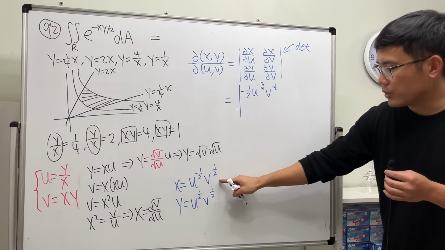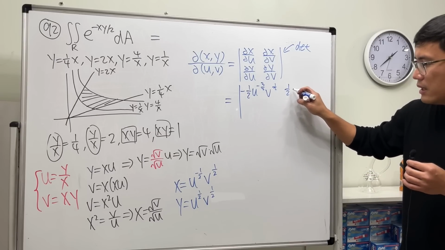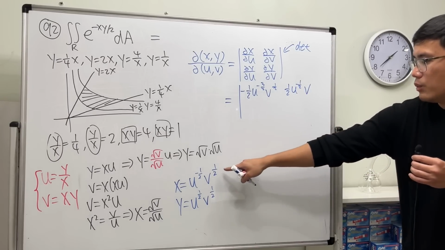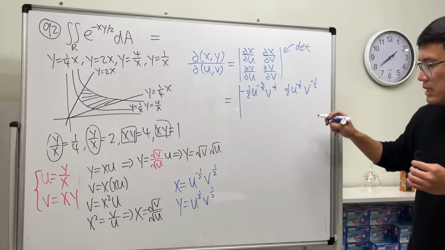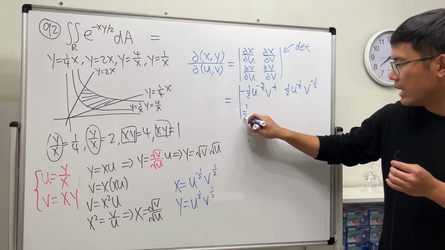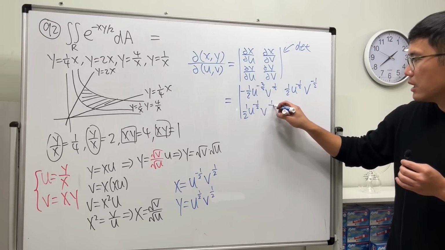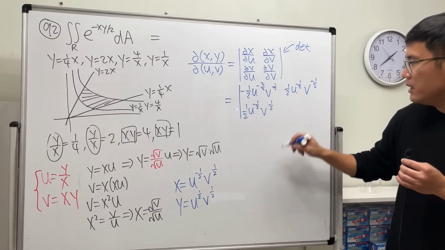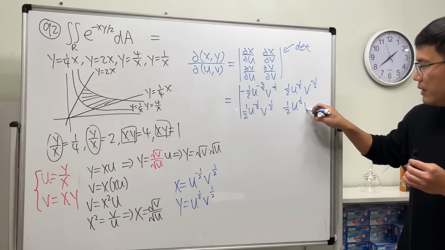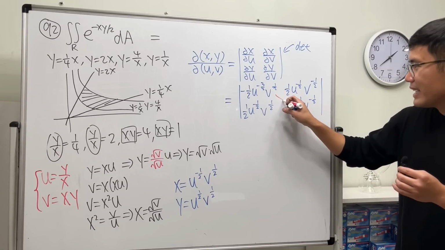Now do this with respect to v, so put the 1/2 to the front. We have 1/2, this thing stays, v, and then minus 1, so minus that. And then now do this with respect to u. We have 1/2 u to the negative 1/2, and this thing stays. And now do this thing with respect to v: 1/2 u to the 1/2, and then v to the negative 1/2. Okay, this times this,